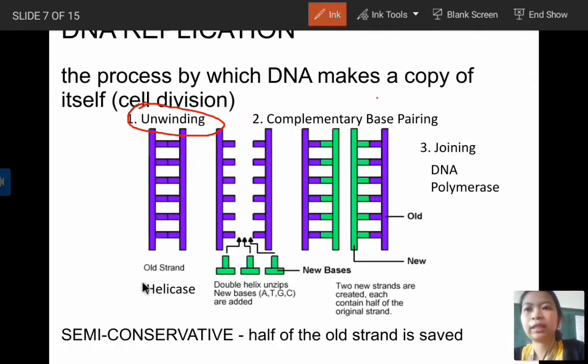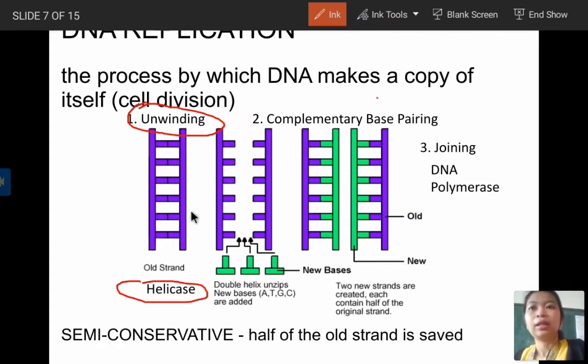Through the help of an enzyme called helicase, dumadaan dito sa gitna, bine-break down ni helicase, yung enzyme na yon, yung hydrogen bond na nagko-connect between the nitrogenous bases, between adenine, thymine, and cytosine and guanine. So, yun yung ginagawa ng helicase, and that step is unwinding. And remember that DNA is semi-conservative. Pag sinabing semi-conservative, half of the old strand is saved, meaning nasisave yung both strands ng doon sa double helix